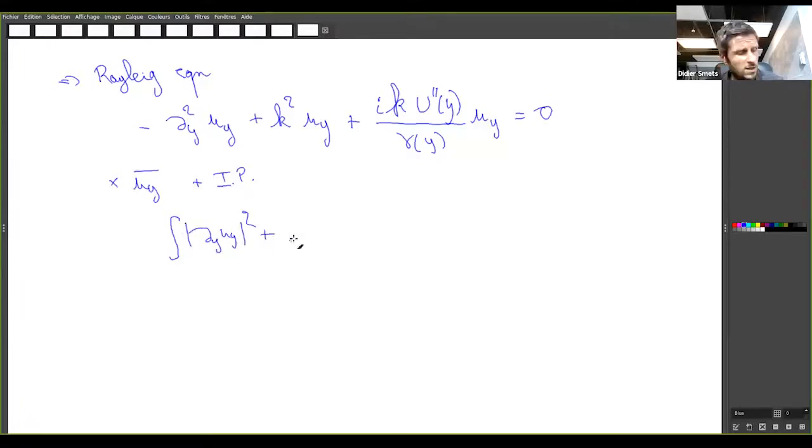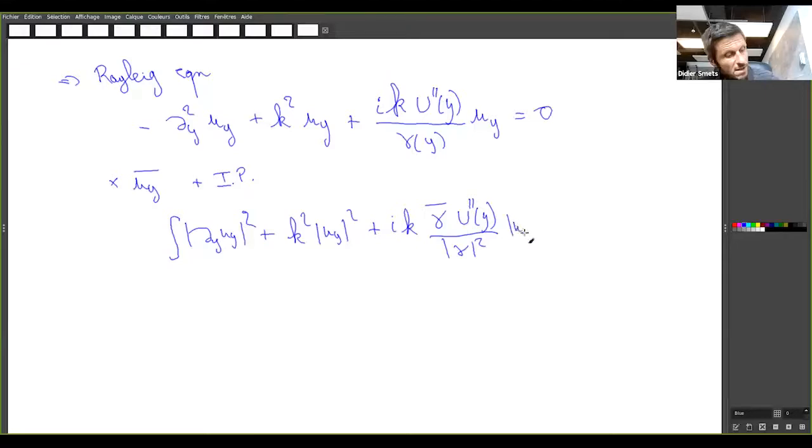plus k squared, so this looks fantastic from the start, Uy squared plus ik, put gamma bar here, u second of y over gamma squared times Uy squared. And this has to be equal to 0 if the solution is sufficiently localized, but we are looking for localized mode. Let me do the computation. Okay, so what does that give us? You see,